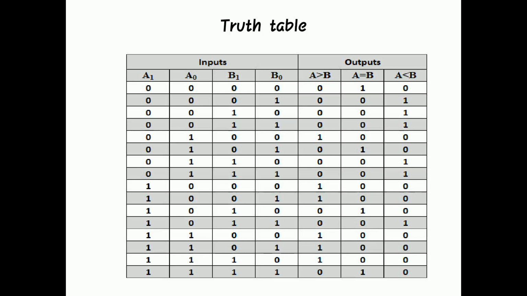Go in the middle, verify the middle combinations. If you have doubts, you can message me or call me. I'm going to repeat what you need to compare. The value of B0 is 0, the value of B1 is 2. Again the value of A0 is 1, and the value of A1 is 2. If you follow this, you can go with the truth table.